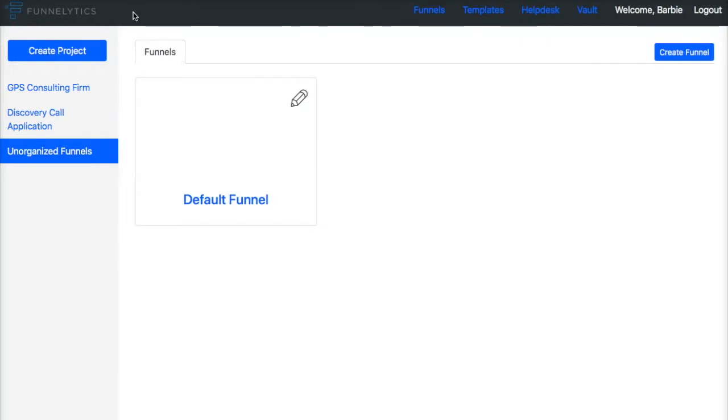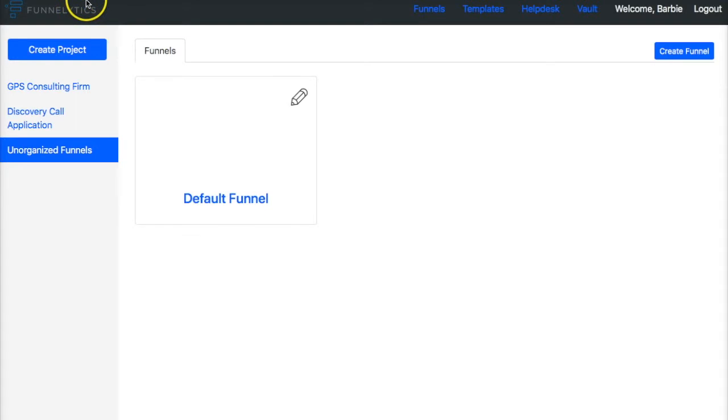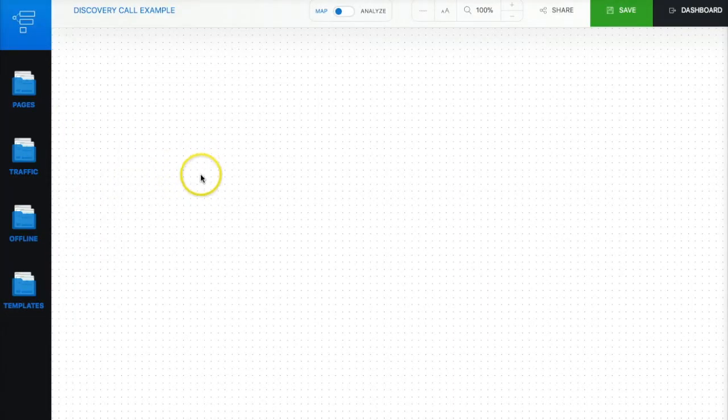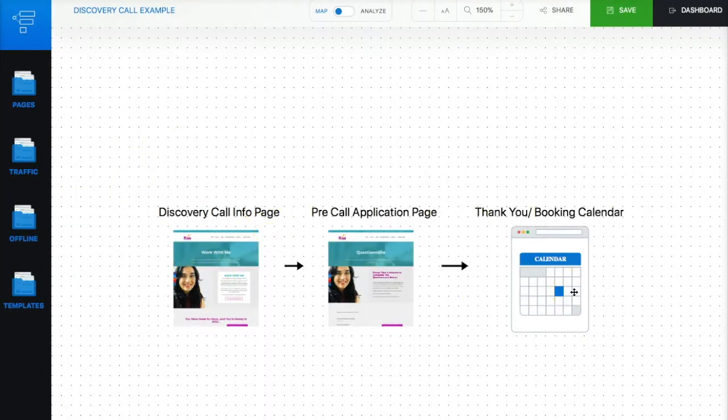I really like that. So basically what Funnelytics lets you do is it lets you create a visual layout of any sales funnel, okay? So let me just go ahead and show you one that I just did, and it's called the discovery call application. Okay, so basically what I did was I mapped out a simple discovery call funnel, right? And it allowed me to basically create these pages. Now this is the end result, but I want to show you how cool this is, because the pages don't start out looking this way. So let me walk you through really quickly